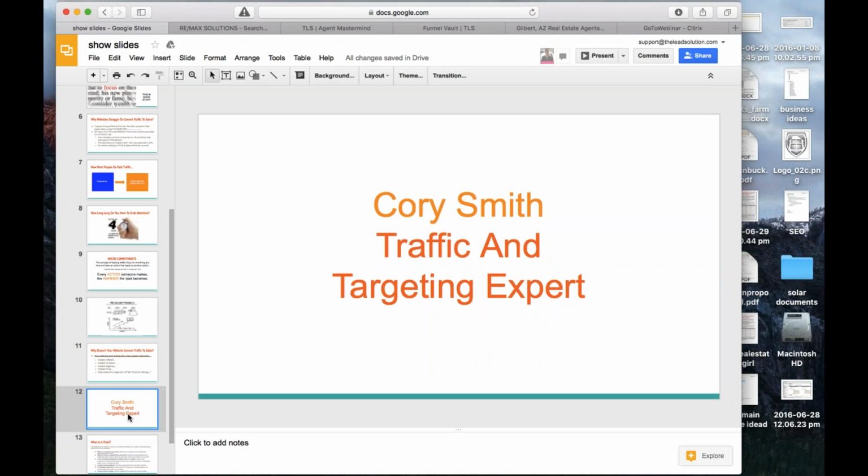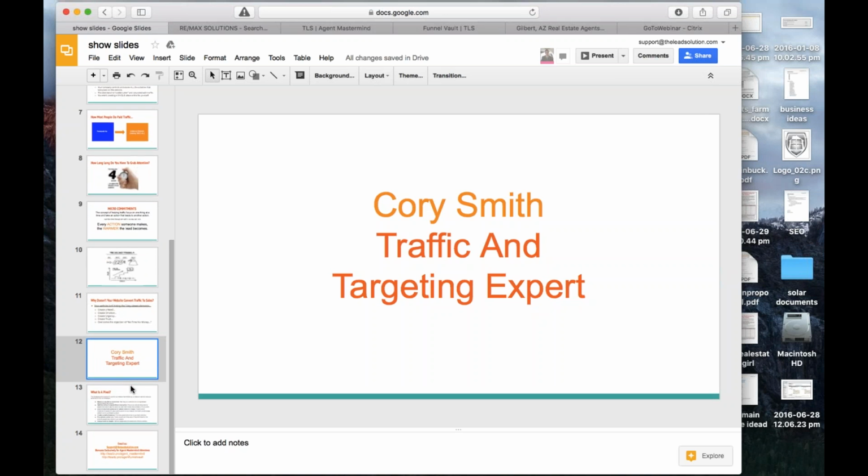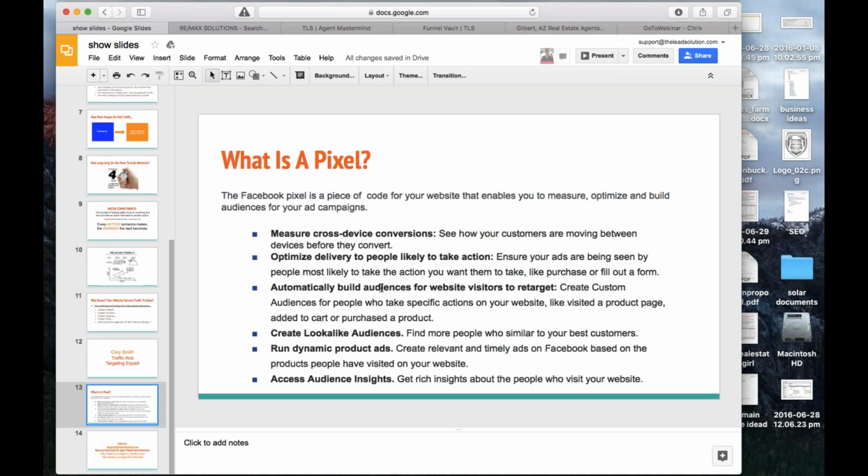That's absolutely correct. What we want to do is we want to pixel someone. It's like us putting a stamp on them so we can retarget them. So if you ever have that moment where you're scrolling through and you're like, holy crap, I just Googled that, how does it know? And all of a sudden it's that wallet that you Googled one time, you say, okay, I'm just going to buy the dang wallet, right? That's what a pixel is, and that's what we want to show you, the power of some of the changes, even in the past 2 weeks, that Facebook has made. So Corey, take it away. You're the man now. I'm going to go on mute right here.